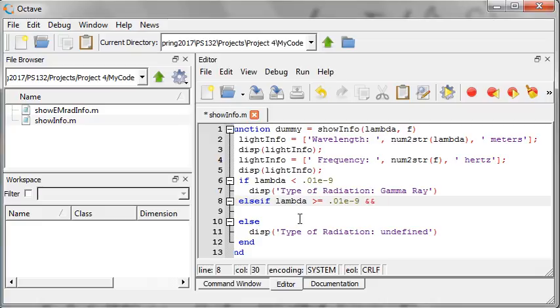Let's try it that way. And lambda is less than 0.02 nanometers, e minus 9. Then what we do is to display